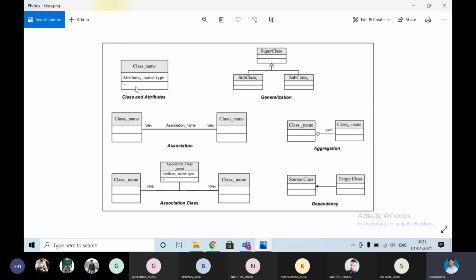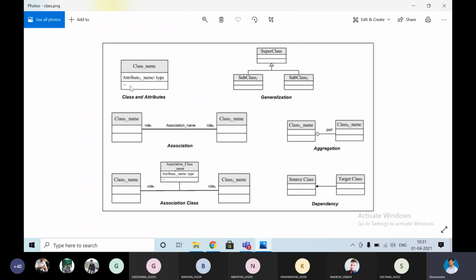For example, if it is related to the library, they will access the library books online or offline. They will go and read. So what are the activities they can perform? We will call them the properties or operations.